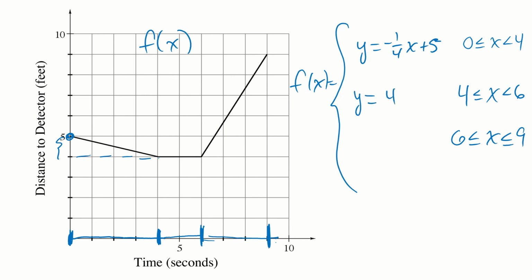So if you look at it for this section right here, the distance is not changing at all, right? The entire time the distance is 4. So from 4 to 6, the function that governs that portion of this piecewise function is just y is equal to 4. And then for the final portion, I know the slope is up. The slope is up 1, 2, 3, 4, 5, and then over 1, 2, 3. So I know it starts with y is equal to positive 5 thirds x plus,